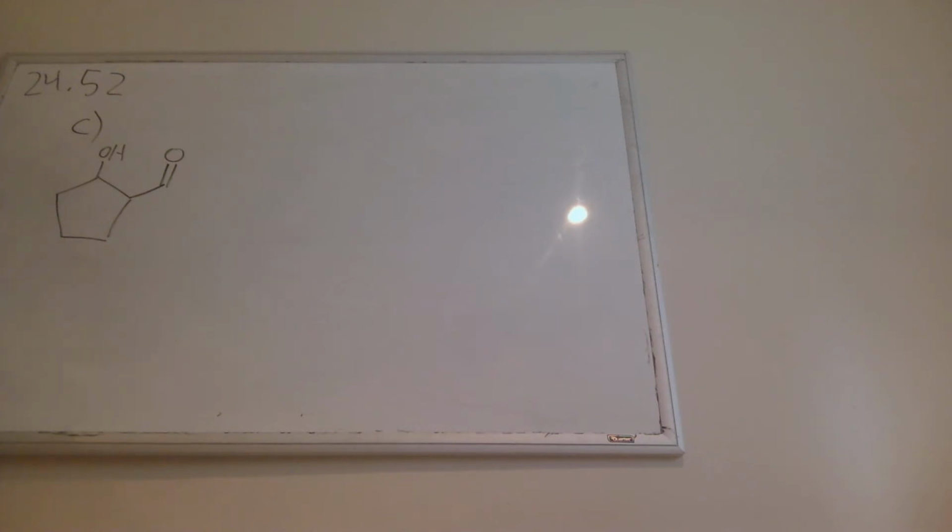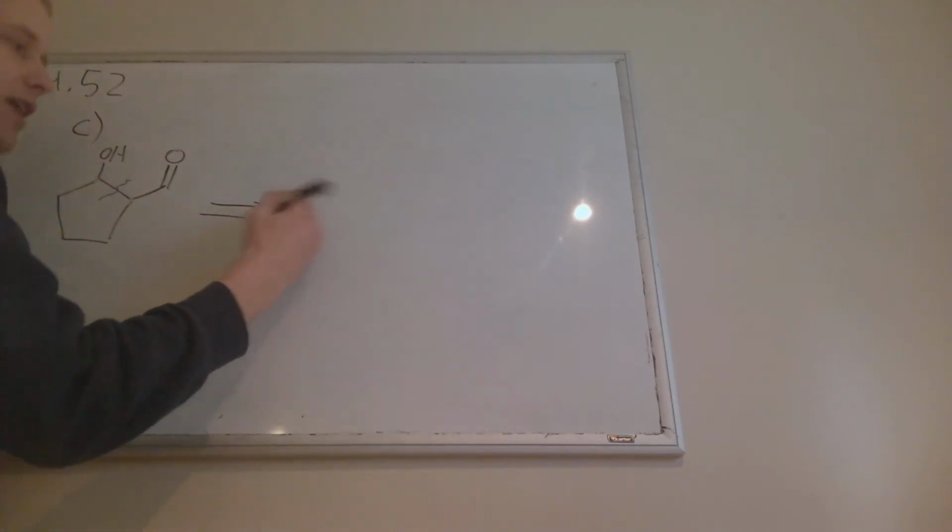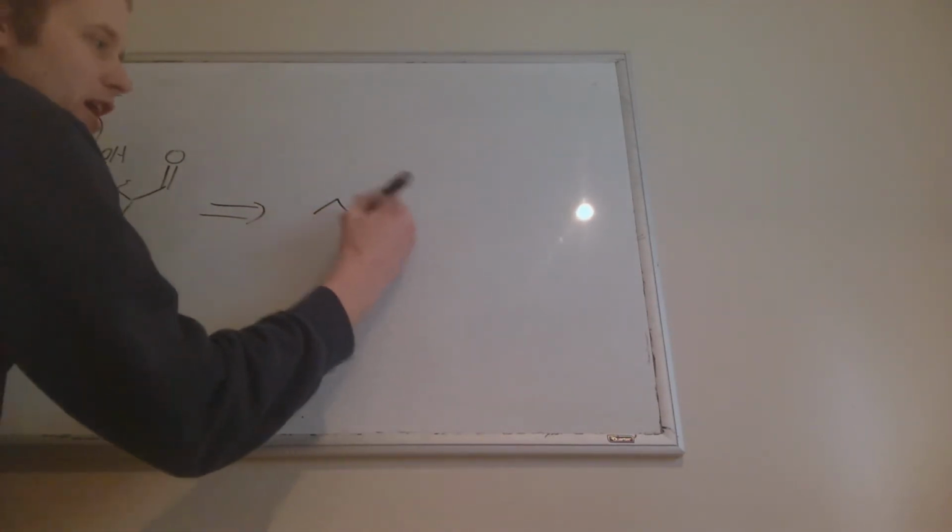good indicator for us that we have an aldol condensation where we have a new bond being formed between this carbon and this carbon. This carbon then would be the enolate that ends up adding on to an aldehyde over here through an intramolecular aldol condensation. So when we think about this backwards, we have a 6-carbon chain